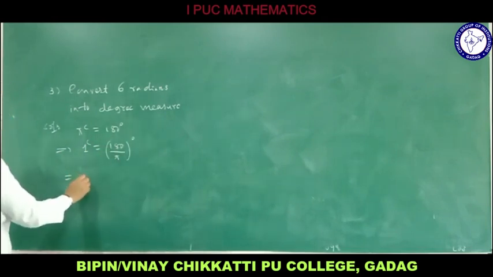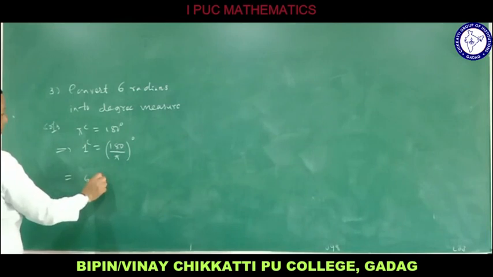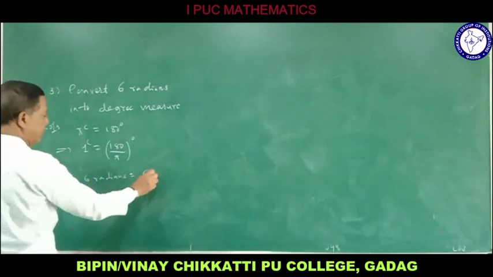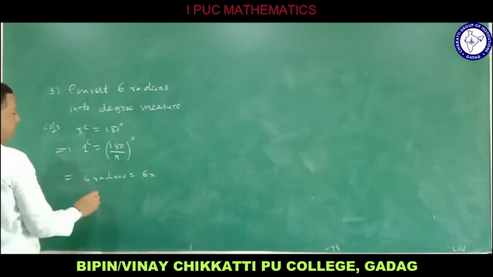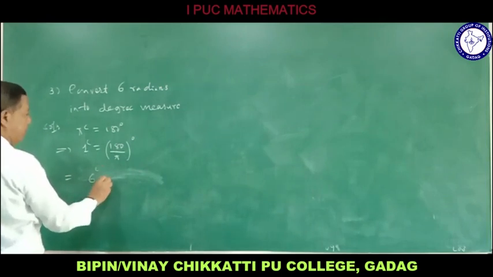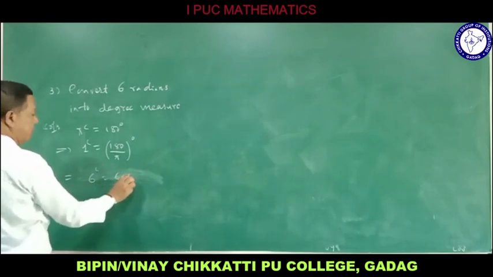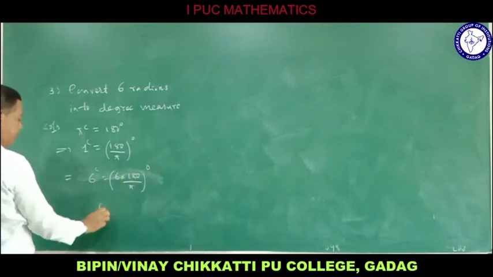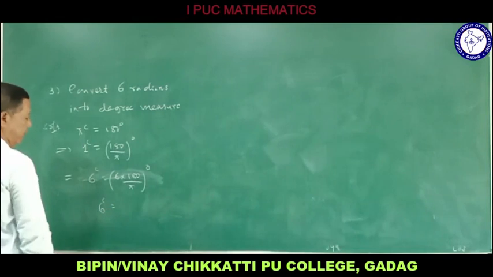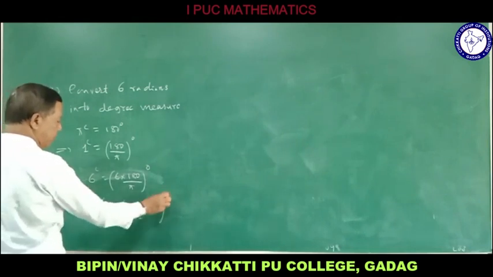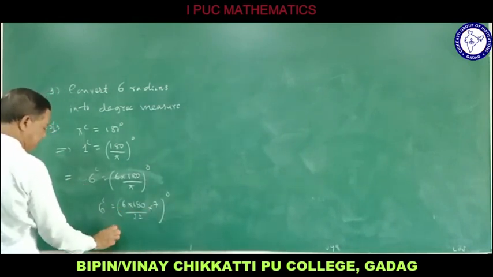So 6 radians, 6 radian is equal to 6 into, or you can write that in shortcut, 6 radian is equal to 6 into 180 divided by pi degree. 6 radian is equal to, what you say, 6 into 180 divided by 22 into 7 degree. 6 radian is equal to,